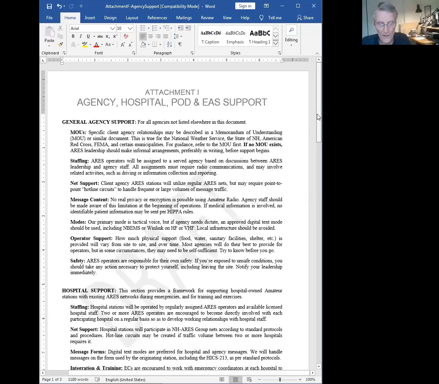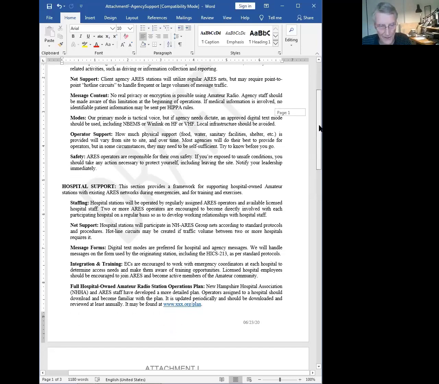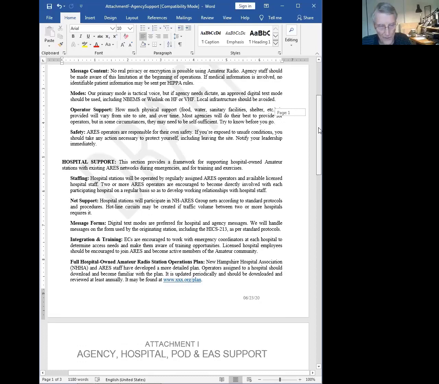We have a hospital plan. My objection to it, and I've talked with George about this many times, is that it's too big, too detailed. It's a training document as much as it is an operations plan. There's no way you can actually use that as an operations plan on the fly. It's not a good reference document. Too dense. So I boiled it down. Boy, did I boil it. We already covered 90% of what we're going to do with the hospitals in the ARES operations plan. It's not like there's a whole bunch of other stuff.